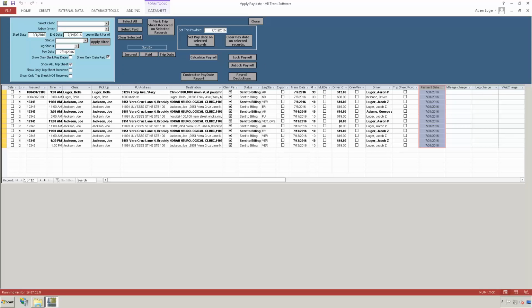Another common practice in terms of applying different filters for payroll is some companies will pay the drivers out on every trip regardless of the status, the payment status of that trip. So they would more likely run a bi-monthly billing period. So give me everything from 7/1/2016 to 7/15/16,